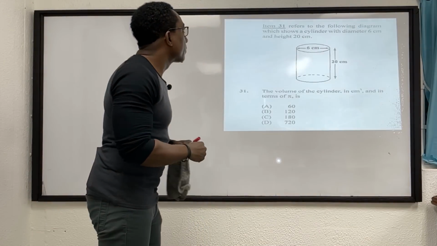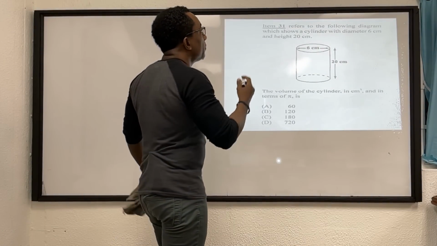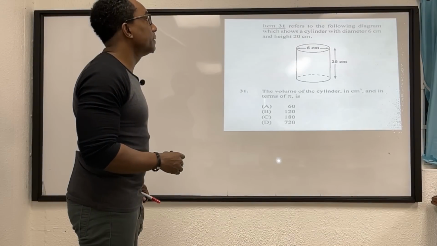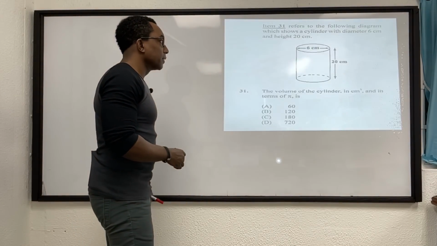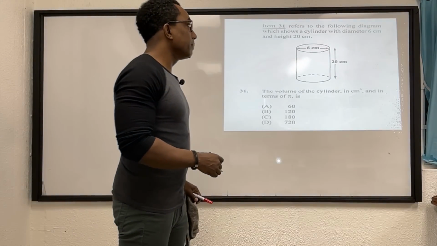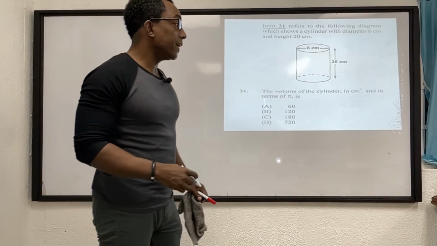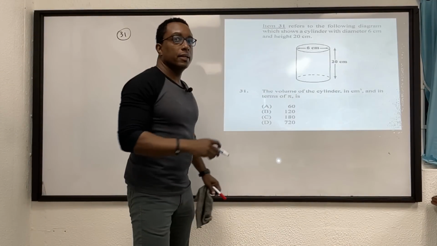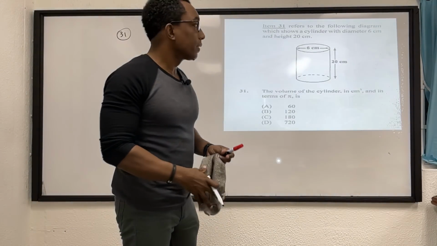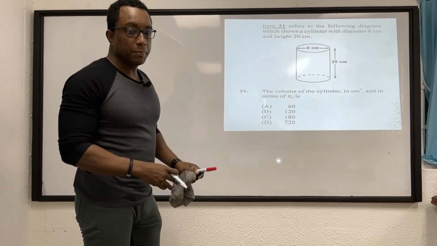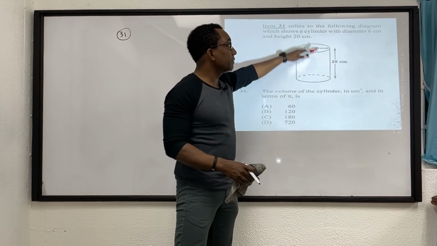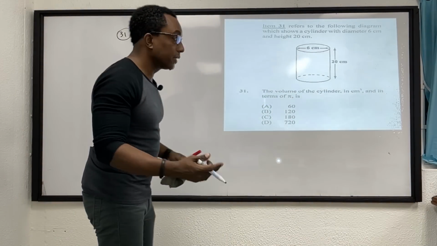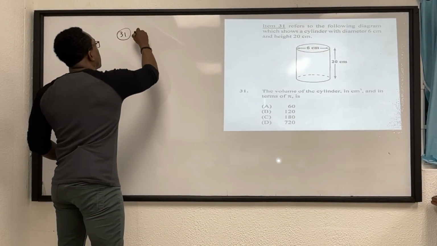Question 31. Item 31 refers to the following diagram, which shows a cylinder with diameter 6 centimeters and height 20 centimeters. The volume of the cylinder in cm cubed and in terms of pi is, so for question 31, a cylinder is also known as a prism, and if we have to find the volume of any prism, a prism is a solid where you have the same shape on either end along its length, or height in this case of a cylinder. So to find the volume